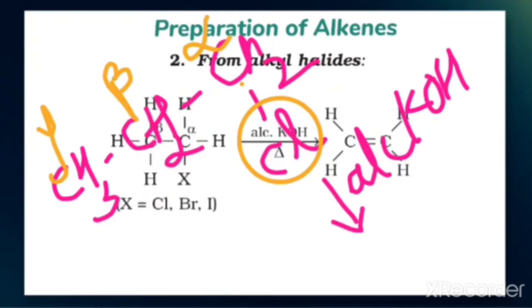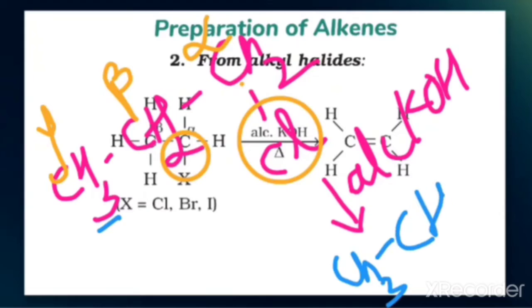So here you have to follow the same process. Remove the halo group and one of the beta hydrogens. One of the beta hydrogens means here 2 hydrogens are there; from these you have to remove 1 hydrogen. Now what is remaining? The remaining part you have to write as it is. CH3 stays as it is, so I write CH3, then a single bond, CH. From 2 hydrogens, 1 hydrogen is removed, that is, the beta hydrogen is removed.